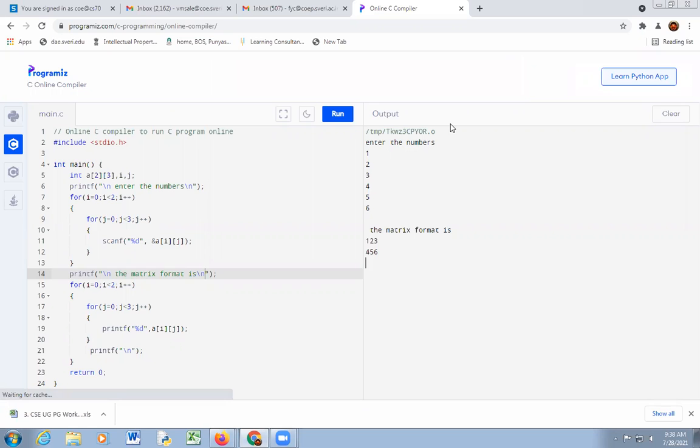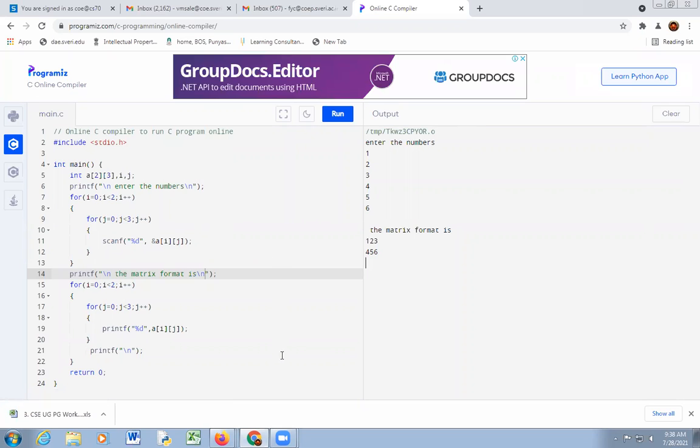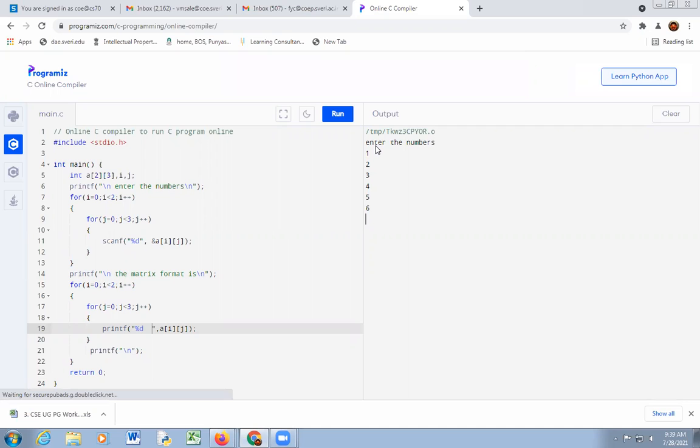Did you get it? See this code carefully and see the output carefully. Suppose here one space is given, then again 1, 2, 3, 4, 5, 6. Okay. Did you get it?